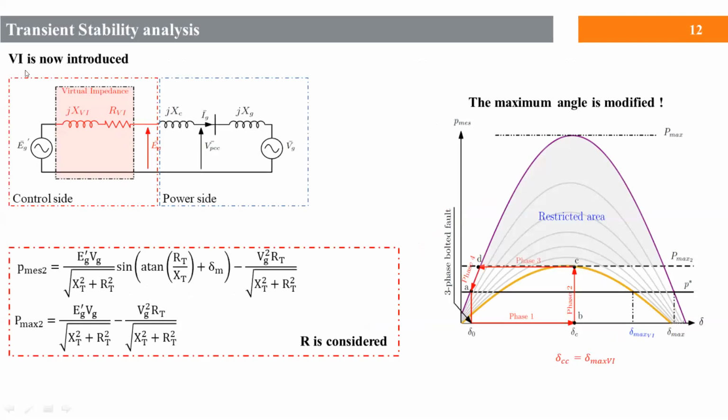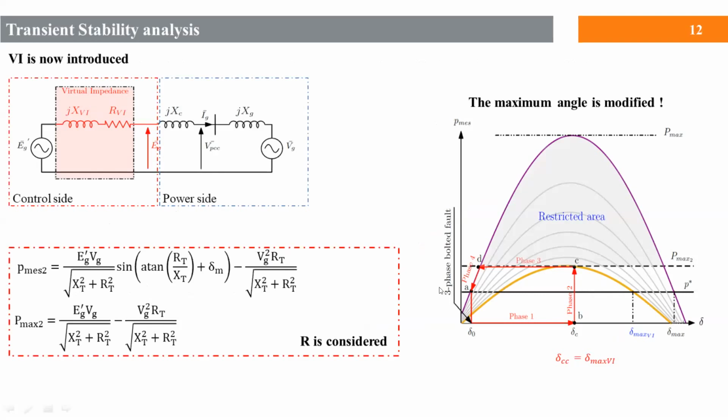Now, let's introduce the virtual impedance for current limitation. By doing this, the overall system can be presented as follows. From this figure, the active power formula is deduced. In this formula, the resistive part is considered to have more accurate results. And based on this formula, of course, the P-delta curve is modified, and also the post-fault synchronization sequences are